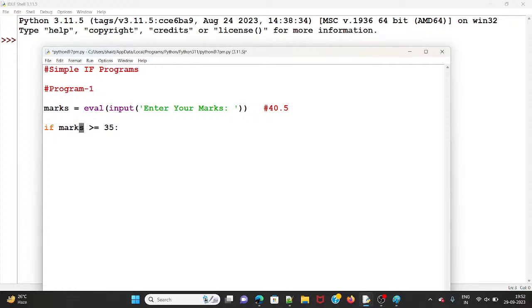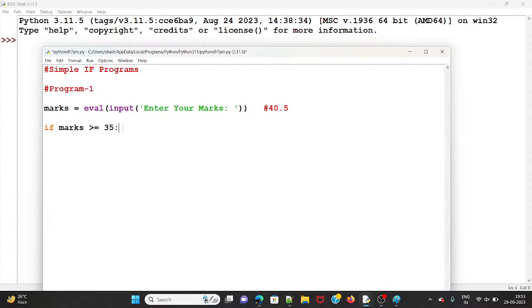What is the value here? We don't know. It can be any value. So whatever value is there, I am comparing with this fixed value. 35 is the fixed value, right? If the condition is true,